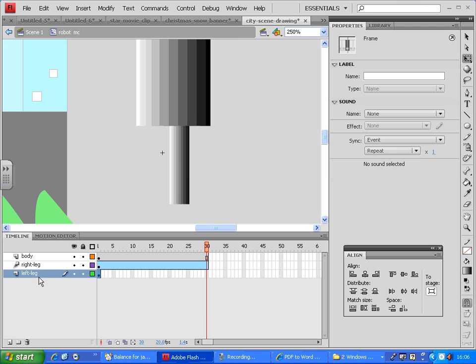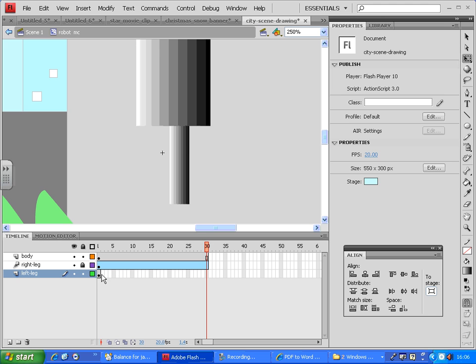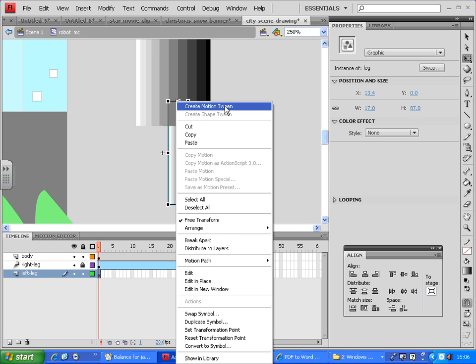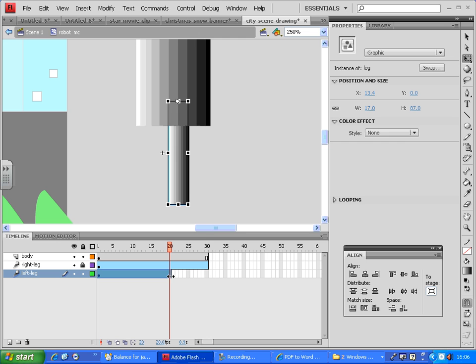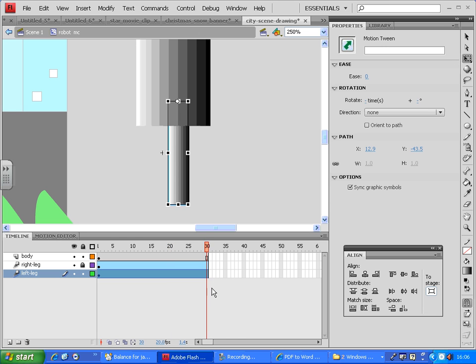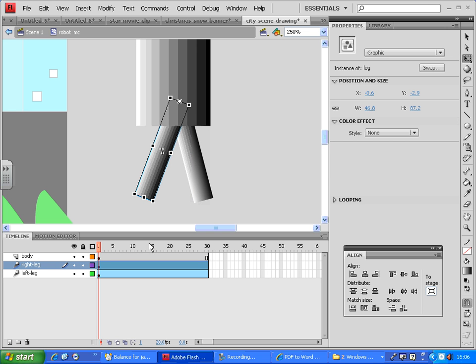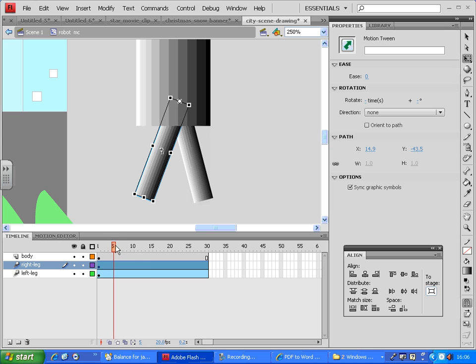Same with the left leg. That's your left leg, select it, right click, motion tween, extend it to number 30 as well. In the first keyframe, the legs were crossed, so one of them was forwards and one of them was backward. Yeah. When you go to number 15,